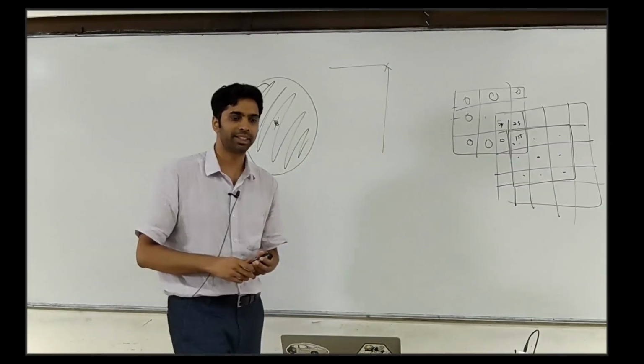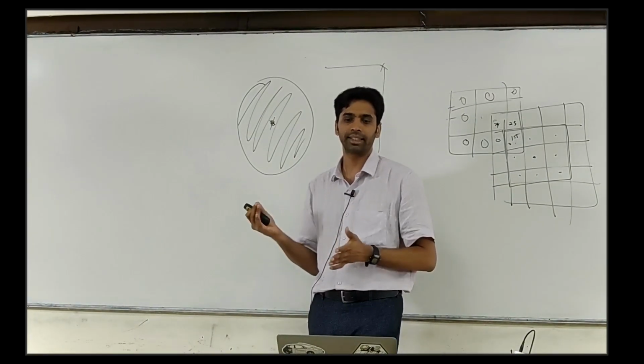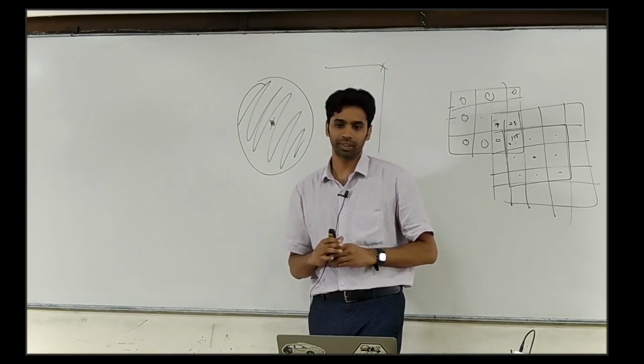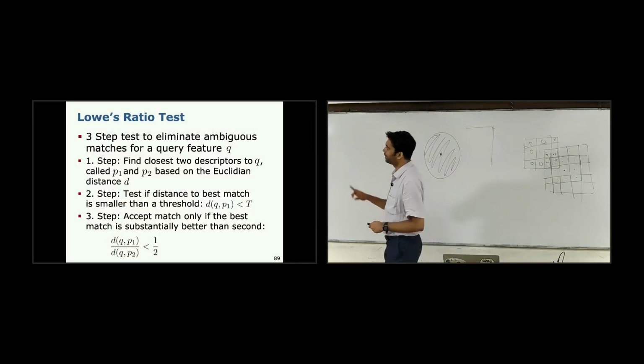So this is the randomized consensus algorithm. So that's one way to deal with this. So very good. RANSAC is, let's say, the de facto way to do outlier rejection. Very good. So before RANSAC, there's a couple of steps you could still do, and this is what David